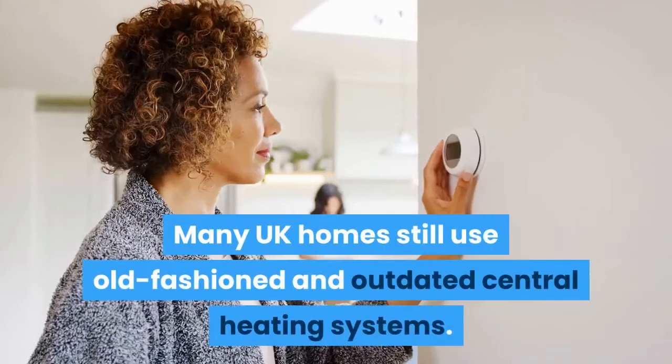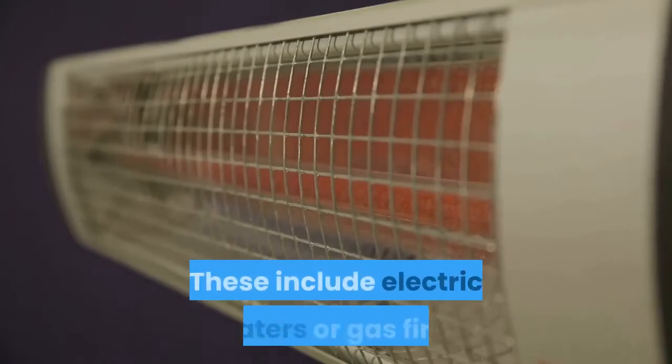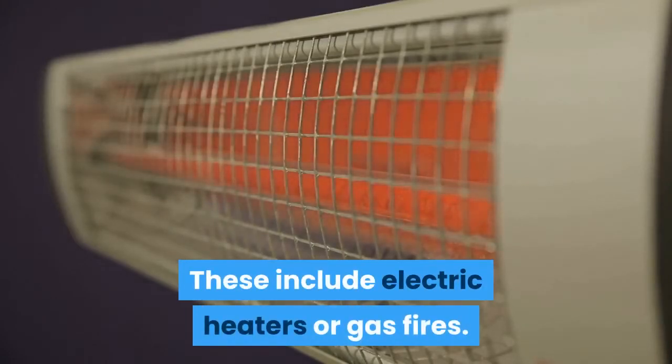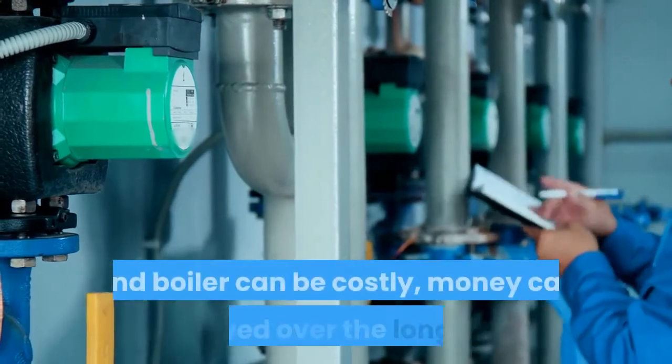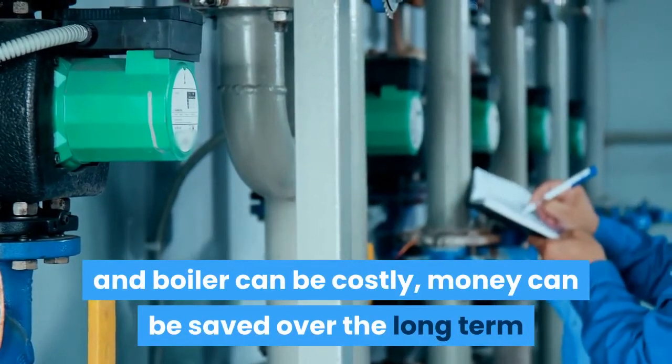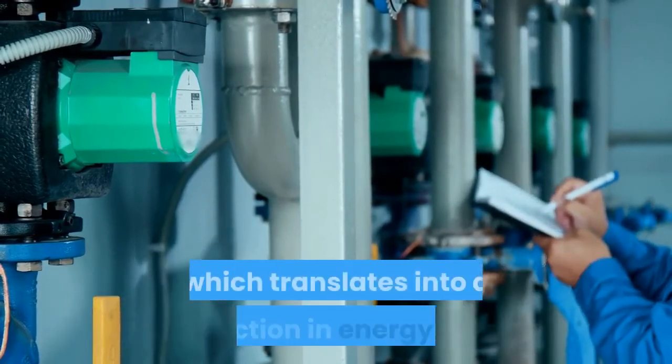Many UK homes still use old-fashioned and outdated central heating systems. These include electric heaters or gas fires. While the upfront costs involved to install a new central heating system and boiler can be costly, money can be saved over the long term since modern home heating systems are far more energy efficient, which translates into a reduction